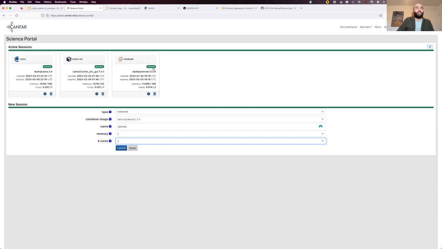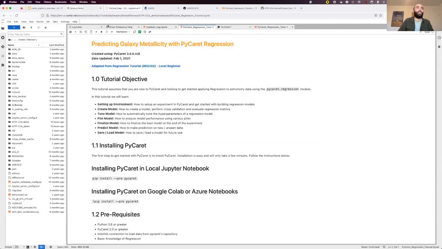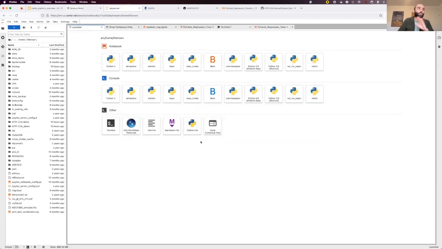Now, the first session here that I have is a Jupyter Lab session. I've actually already opened it, and you're all familiar, I'm sure now, with Jupyter Lab. It's becoming really widely used in astronomy. I think it's fantastic. We're doing all the tutorials at this conference using notebooks and so on. So I'm just going to park that for now because I think you know it and understand its functionality.